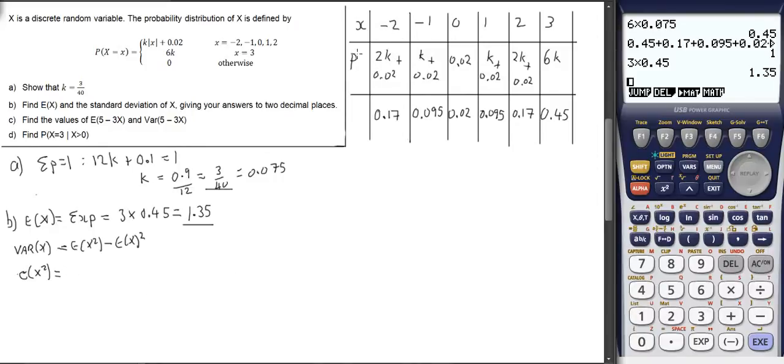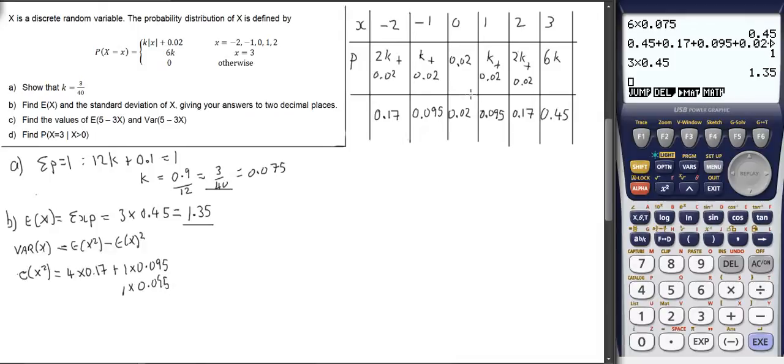So minus 2 squared is 4. So we've got 4 times 0.17 plus minus 1 squared is 1 times 0.095 plus 0 squared is 0 times anything is 0, so I can ignore that, plus 1 times 0.095, well, there's another one of those,